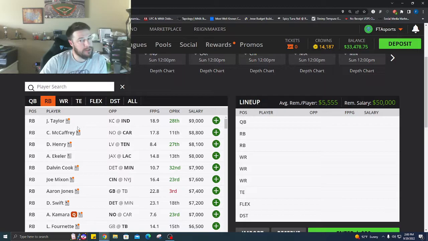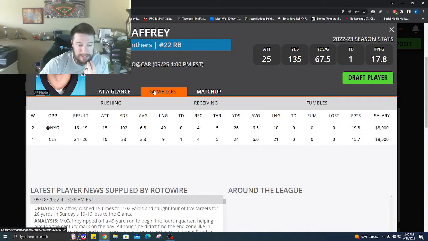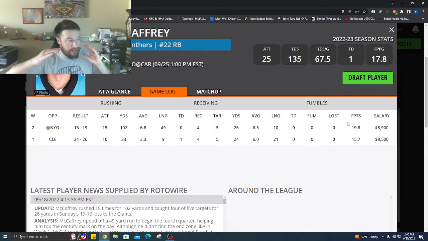So I will have some exposure to him, but I feel like this is one of those weeks where you can pay down a little bit for running backs. Same thing with CMC. I don't know if I trust him. I mean, he still had 102 yards last week. He had 19.8. He's had double digits. But for whatever reason, I watched some footage of the game, and Baker just does not...